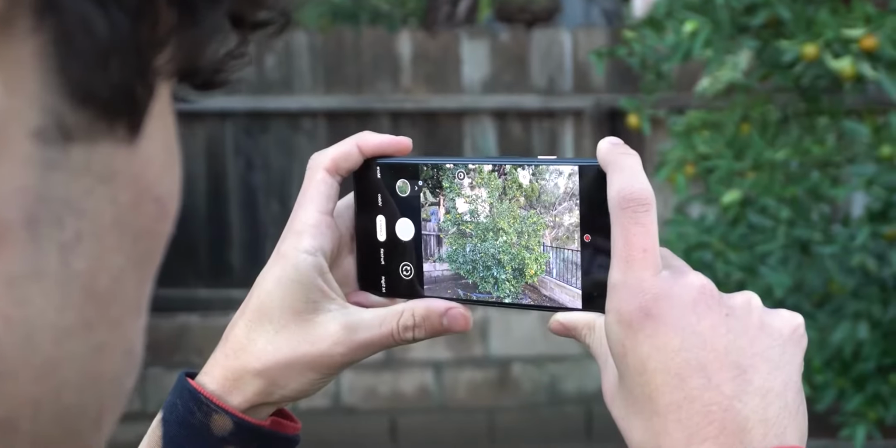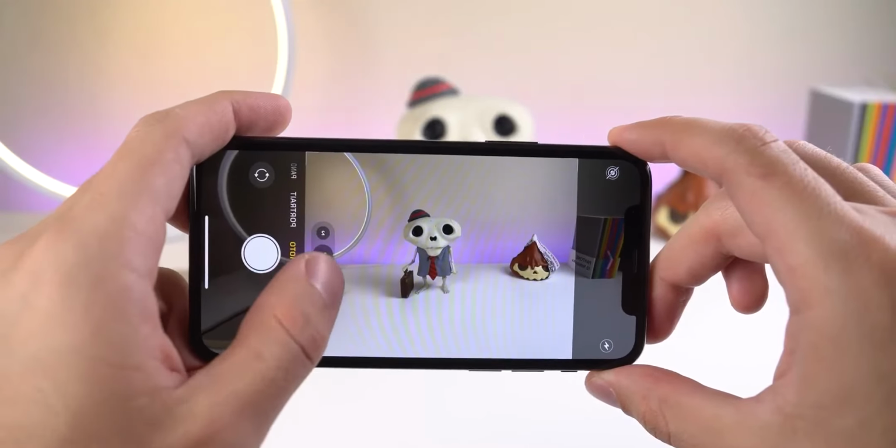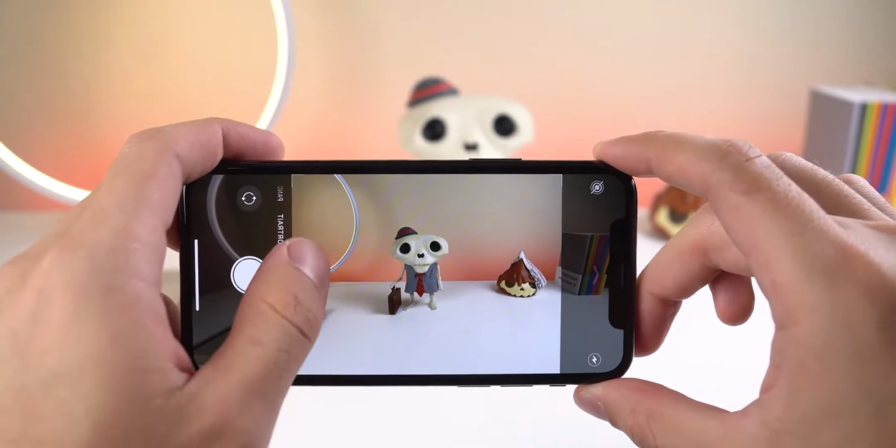Lastly, I'm really disappointed that they didn't include a wide-angle lens on the rear camera, considering that every other OEM has included one at least once. I can't tell you how many times a wide-angle lens would have come in handy. Those are all the issues that I encountered while using the Pixel 4. It's quite a list, and most of them are big compromises, but there were also a lot of things that